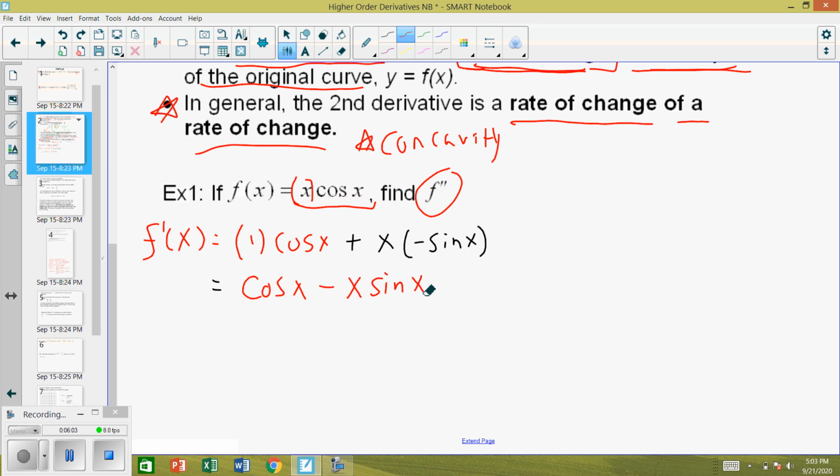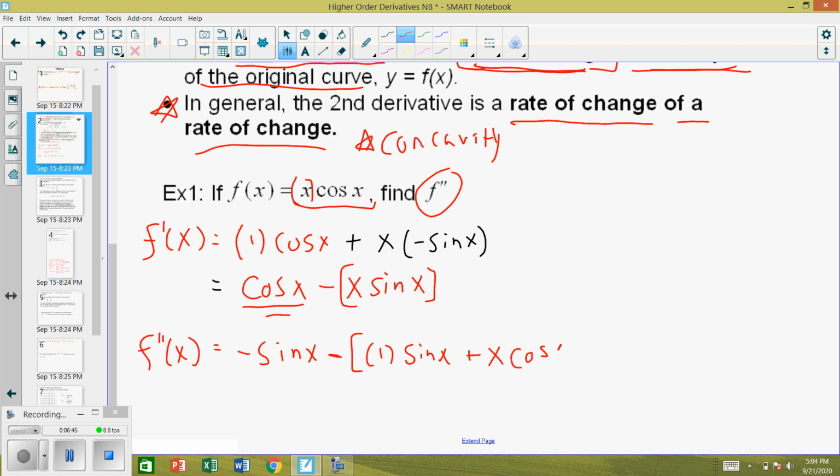All right. Now, the second derivative is going to be the derivative of this function here. So the second derivative is going to be the derivative of the answer I just found. Okay, so I got two quantities here. I'm going to take the derivative of cosine, which is negative sine of x, minus, and then I'm going to take the derivative of x sine of x. I'm going to put that in brackets because I know it's product rule, and I want to make sure that negative distributes through to everything. So it's the derivative of the first, keep the second the same,